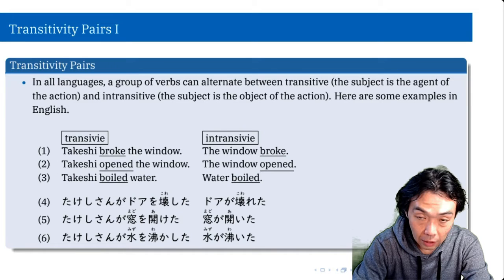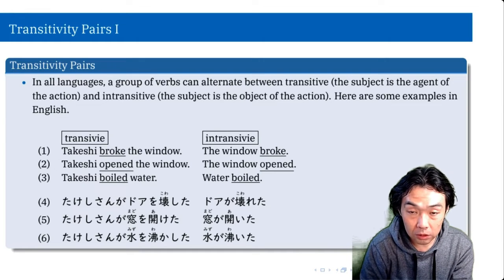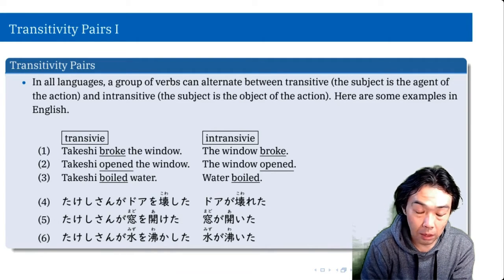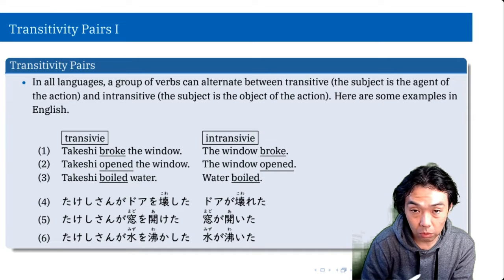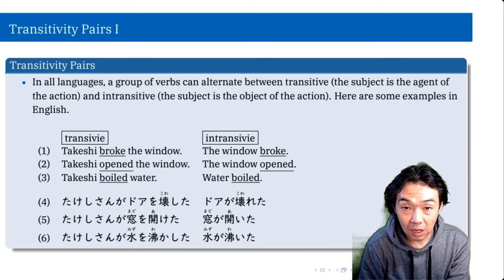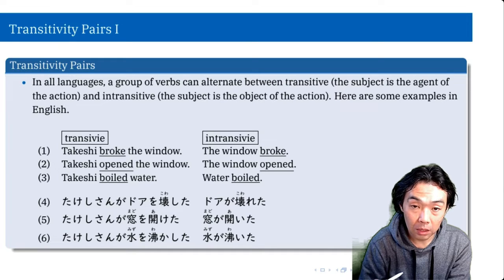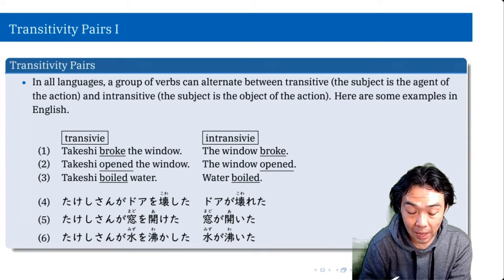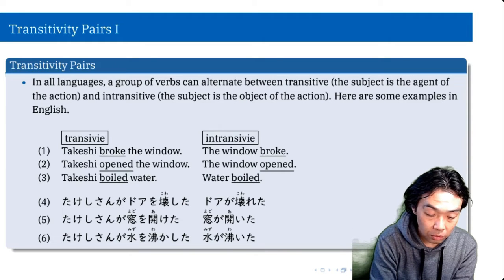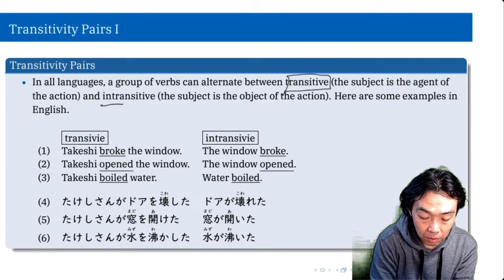So in languages, there are two kinds of verbs. The first one is transitive. Transitive verbs get both subject and object, so there are two nouns for the transitive verb, and the subject is usually the agent. The agent is something like who does the action, and the object is someone who receives the action. We also have something called an intransitive verb, which